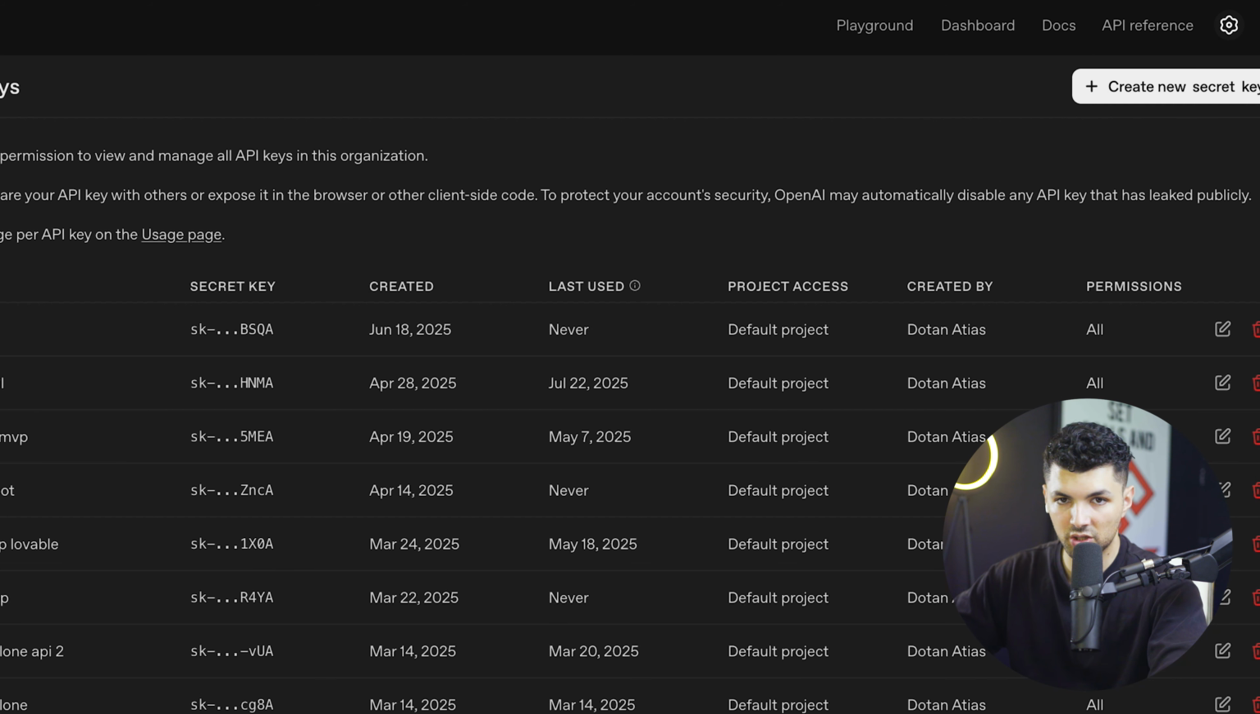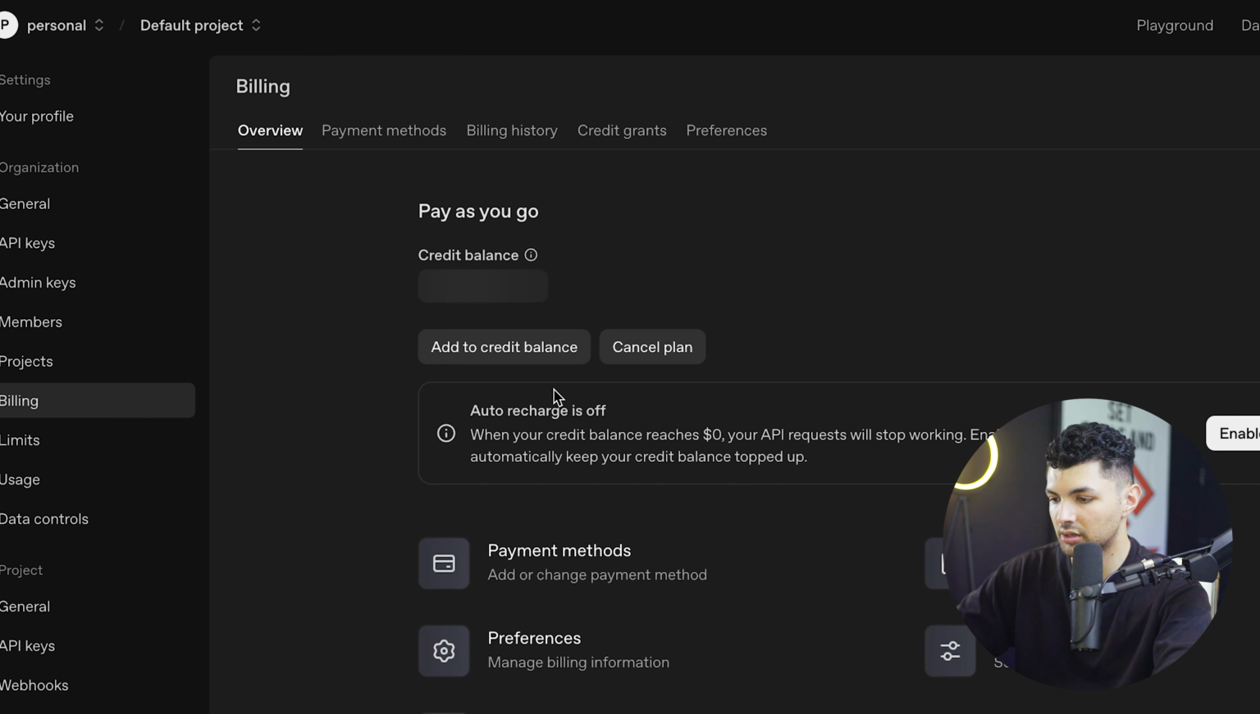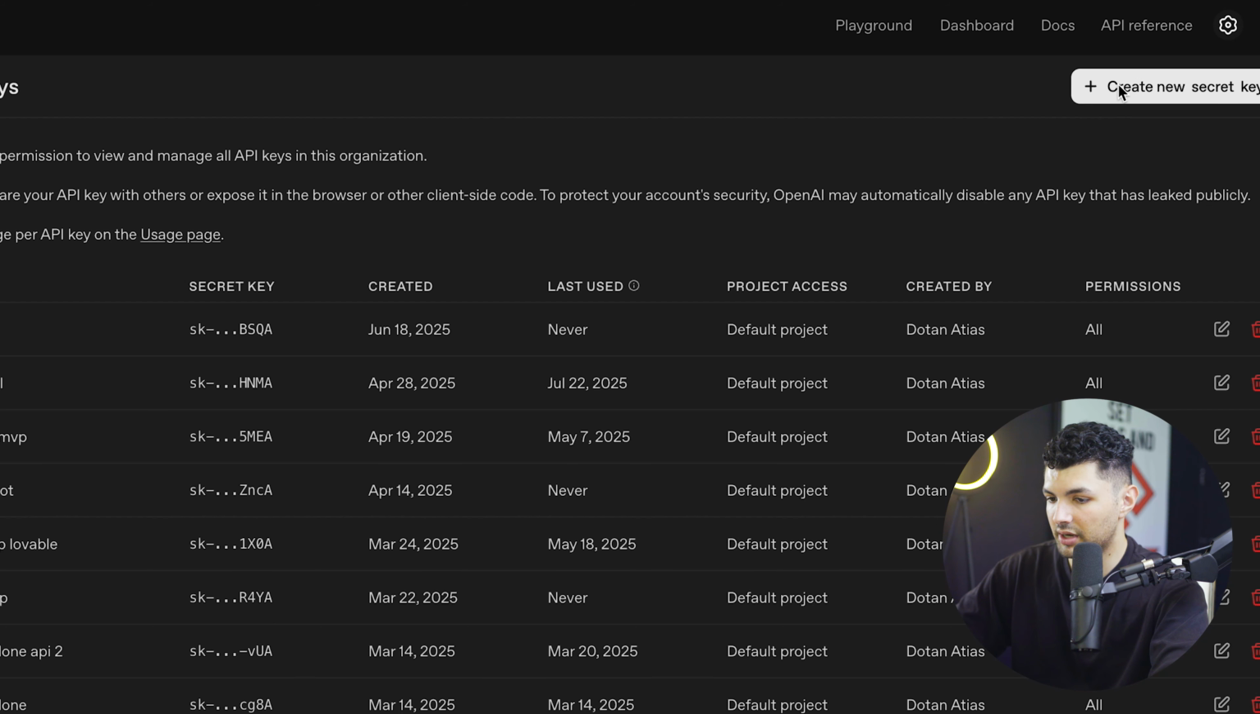Now what we want to do is make sure we have some money in our account. So we want to go to billing. After we click billing, we can add to our credit balance right here. You don't have to add that much. You just have to add a little bit. A little goes a long way because the token prices are not that much. But yeah, once you add some money in here, you want to go back to your API keys and create